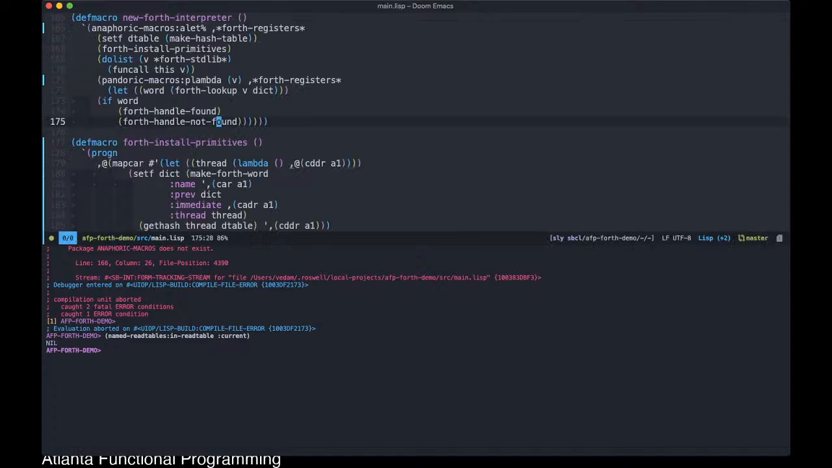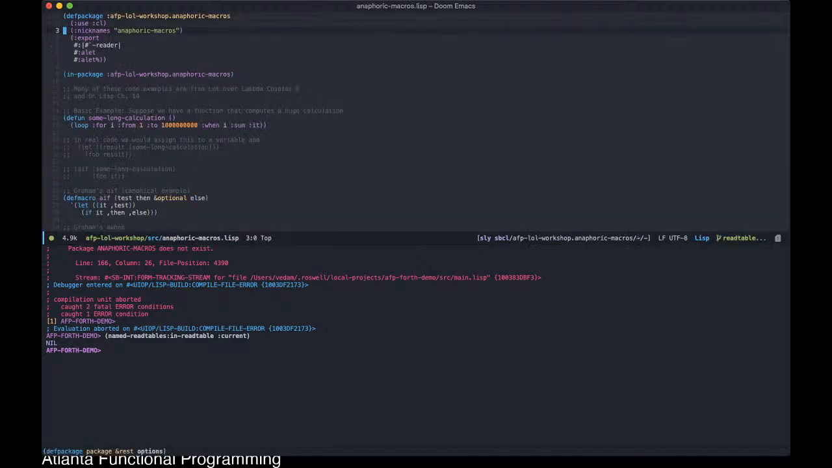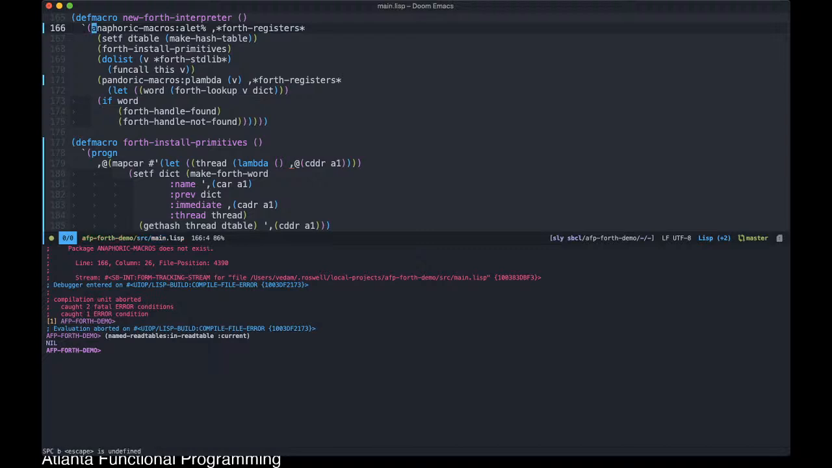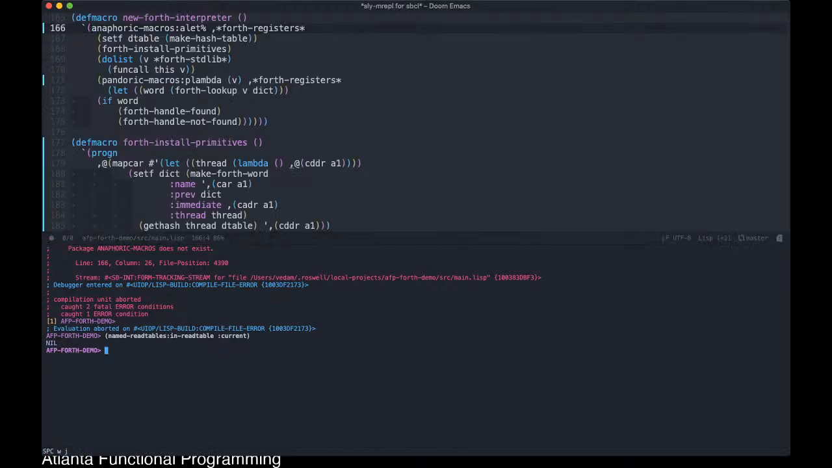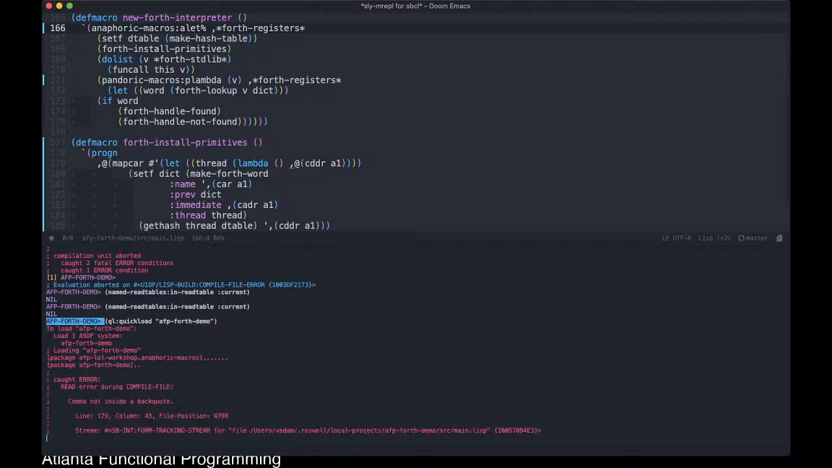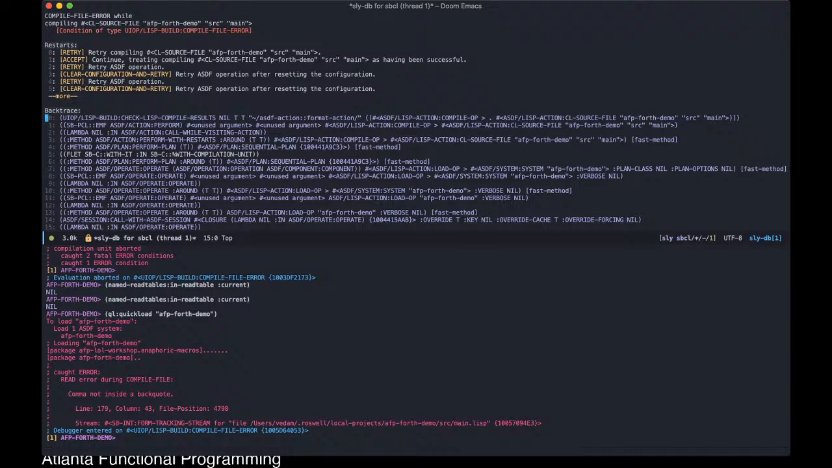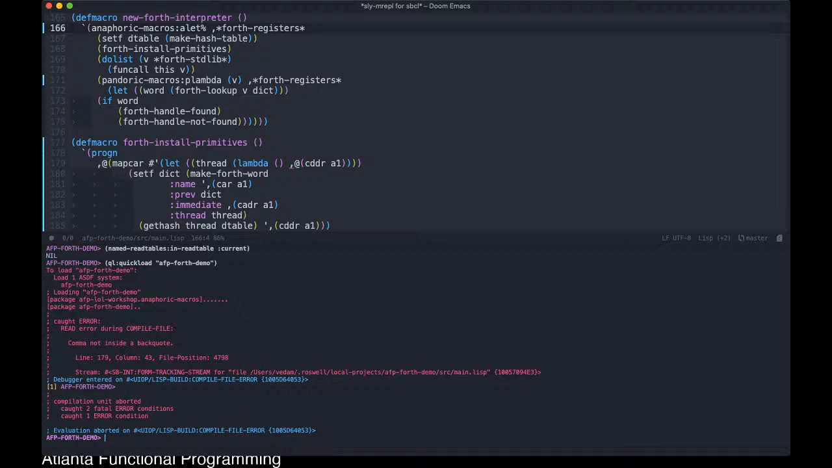Okay, so line 166. Let's do this. AFP dot. I'll write shorter. Macros. What? I'm just going to rename this guy here. Sorry, anaphoric. And give it this, because that has to be a key argument. And comma inside of a backquote, line 79. Okay, so we're back to where we started, but at least our interpreter is actually compiling now